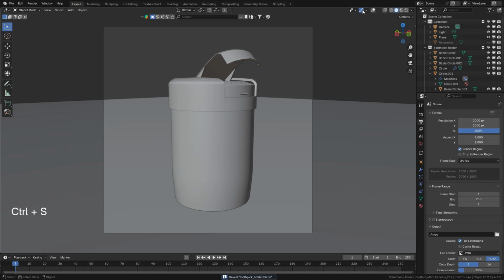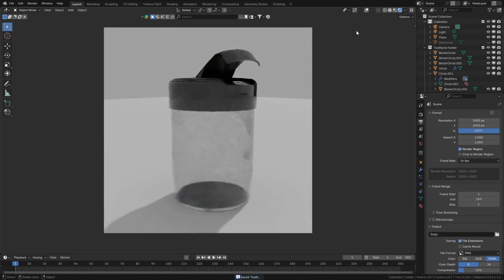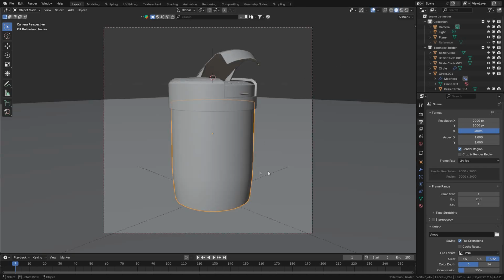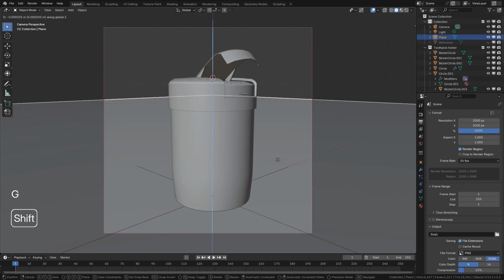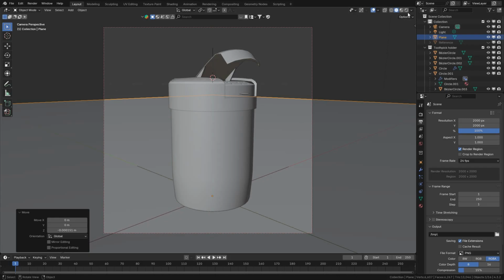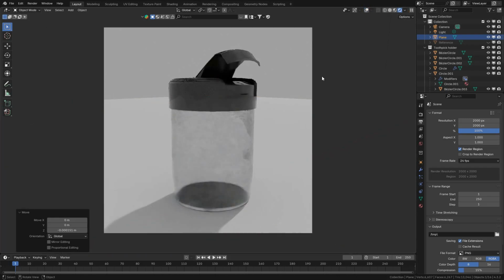Okay, so let's view this in render mode. Hopefully this should look, yeah, then I think I'm happy with this. We get some smudges here and there. To avoid this black thing, what you can do is bring our plane ever so slightly down. Yes, so that you still get some